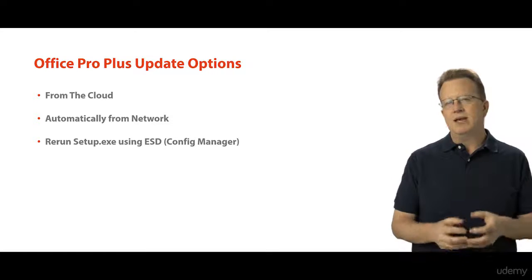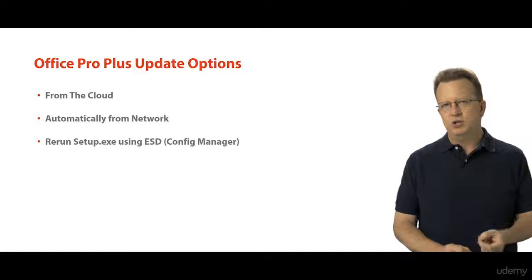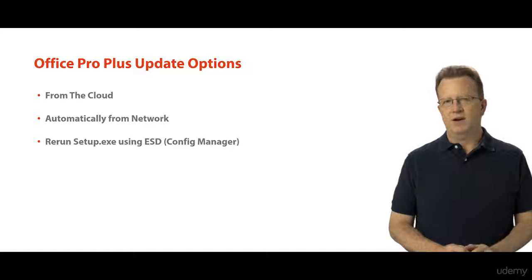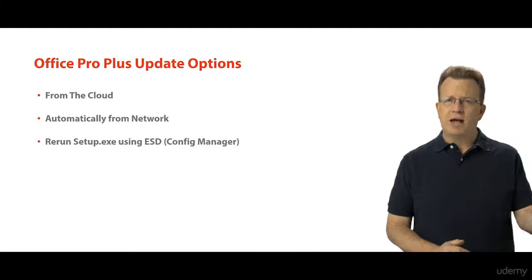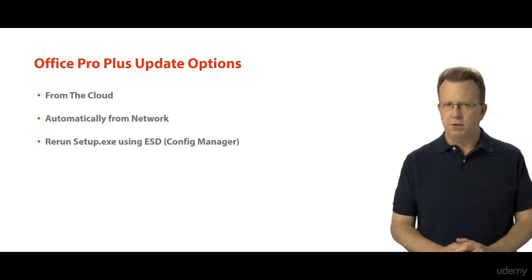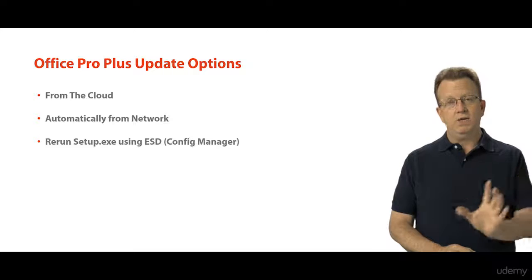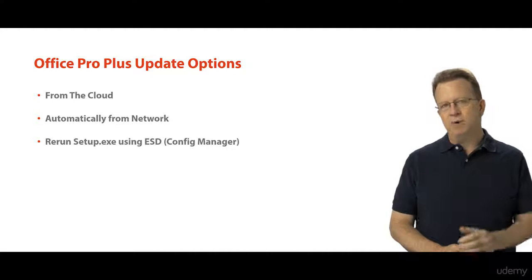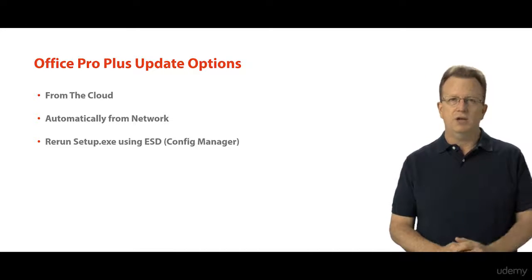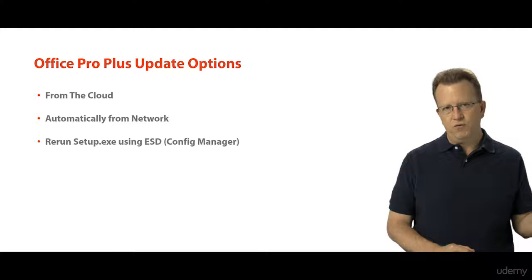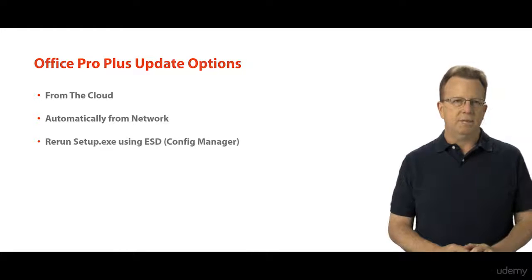And what will happen is the IT administrator will have to make a decision to go out there and download the updates from the Office 365 Pro Plus portal, similar to how we did it with an IT-driven deployment earlier. And at that point in time, they'll have the ability to have their system start checking for changes. And when a system on the network finds out that there's an update to that location, it'll then pull those bits from the update location, and upon restart of that application or restart of that system, the user will start